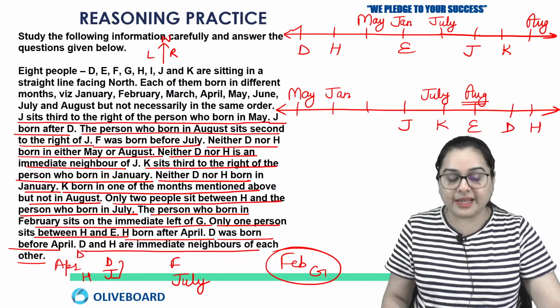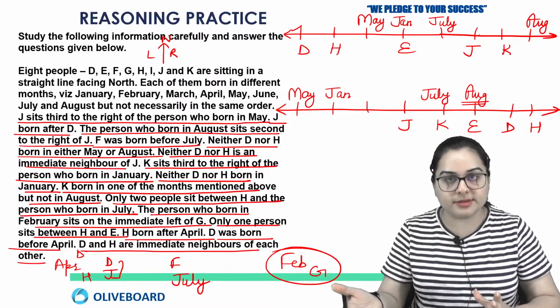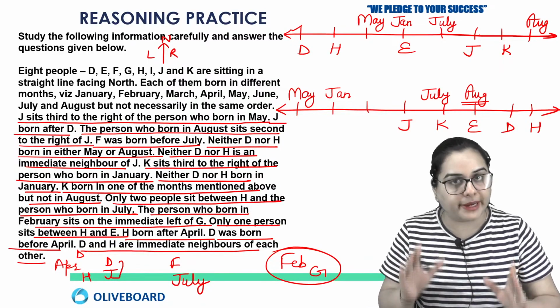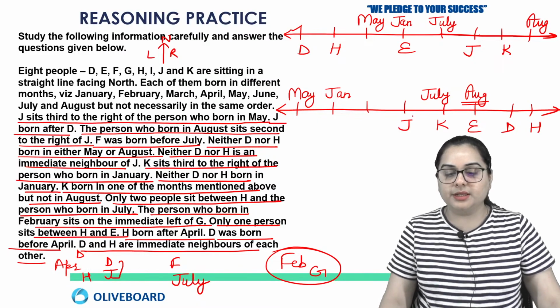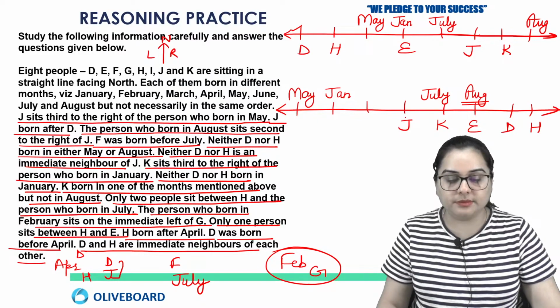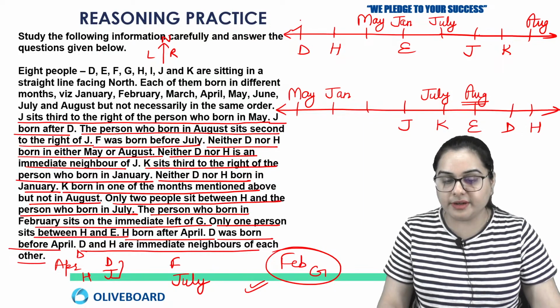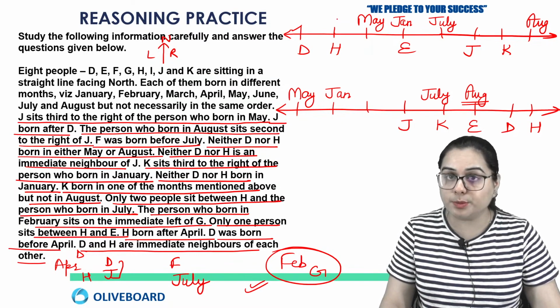So I have picked all the lines from the paragraph. Either they are solved in the solution or they are written outside the solution. But I have picked all the lines from your paragraph. So here, Feb and G we were considering, where can I fill Feb and G? Now, if I consider the first possibility, if I write Feb on D, then I won't be able to write G on the second position because second position is occupied by H. So if I write Feb on H, but that is not possible.